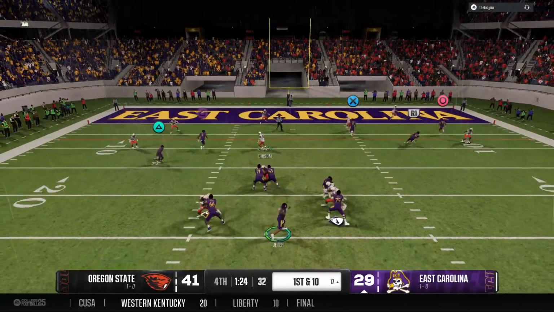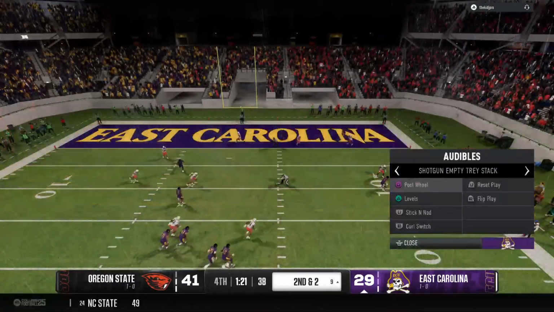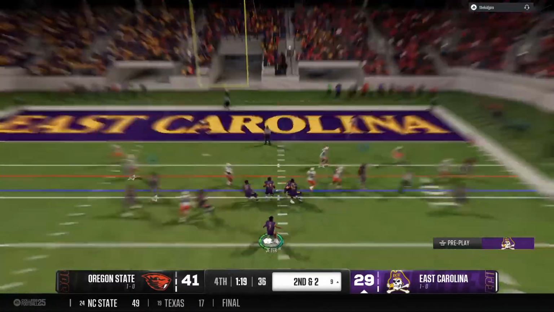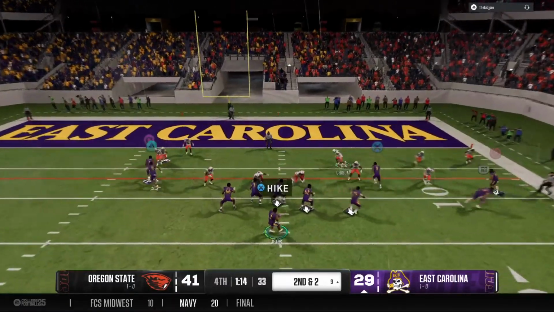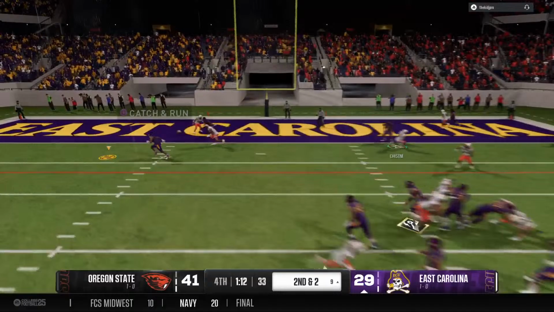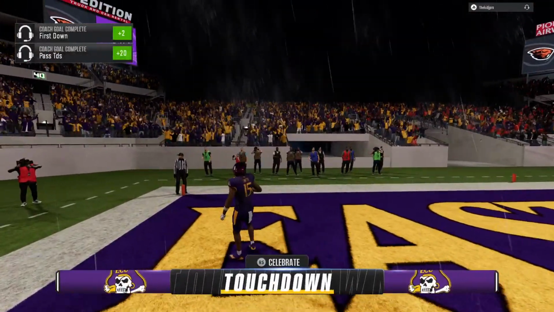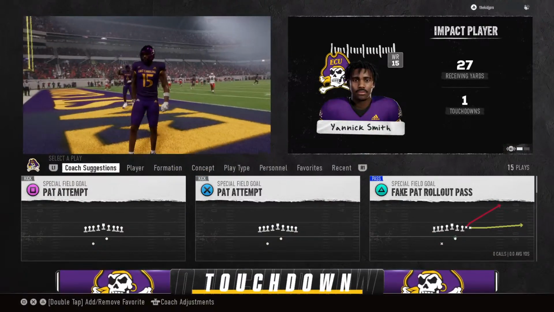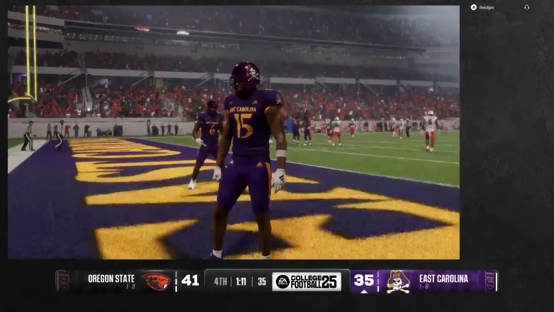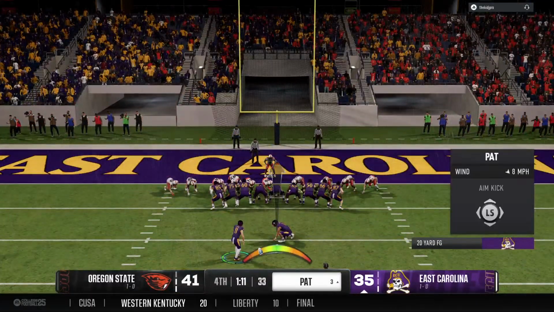From the red zone, looking for a space. Got the quick pass. And he goes down after making the grab. Picked up a few, but he's still short of the first down marker. On second down, he'll fire. He makes a grab. Into the end zone. Touchdown, Pirates. And listen, still a ways to go. A great job by this offense getting you back in the ball game. Now, we've got a one-possession game.